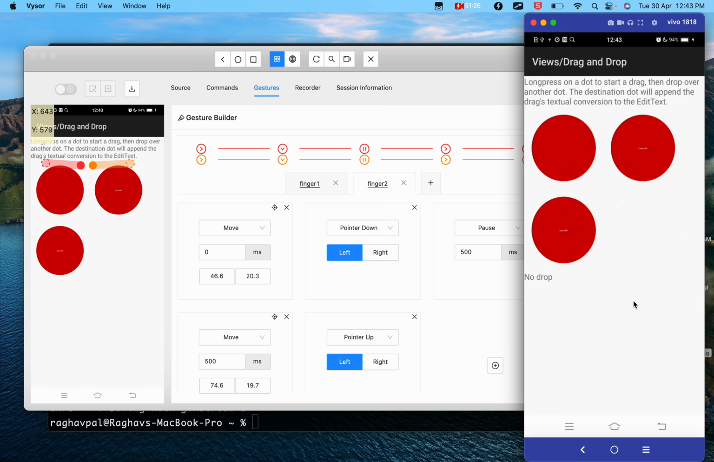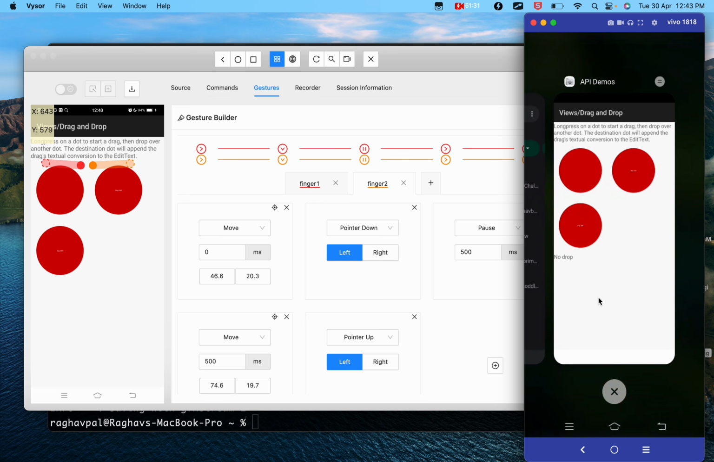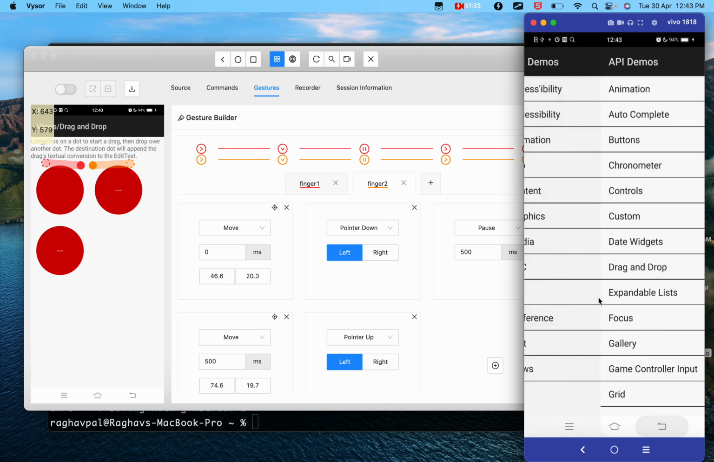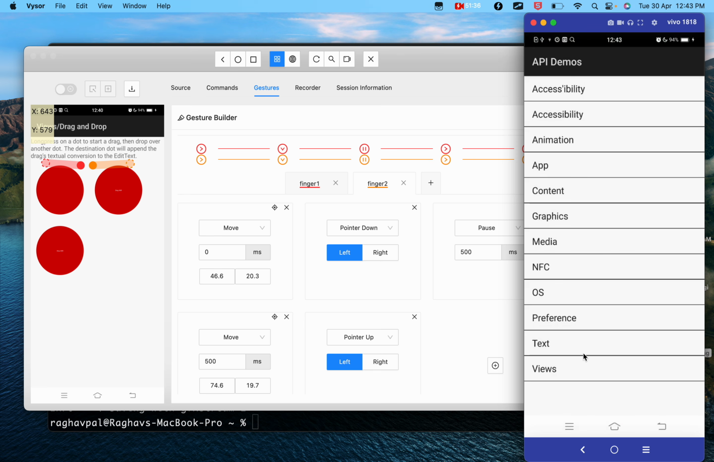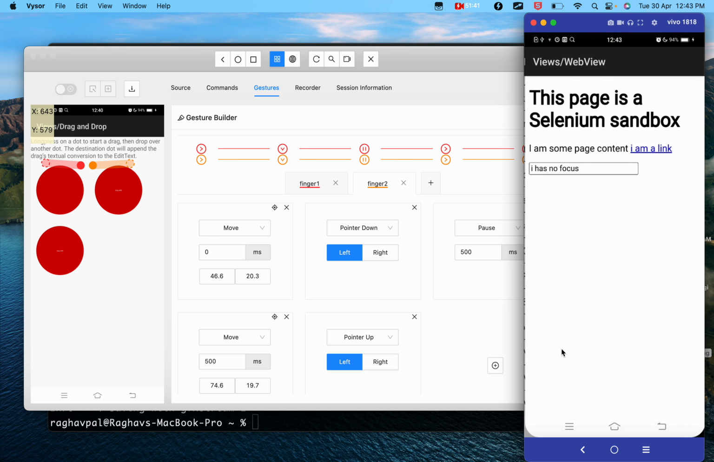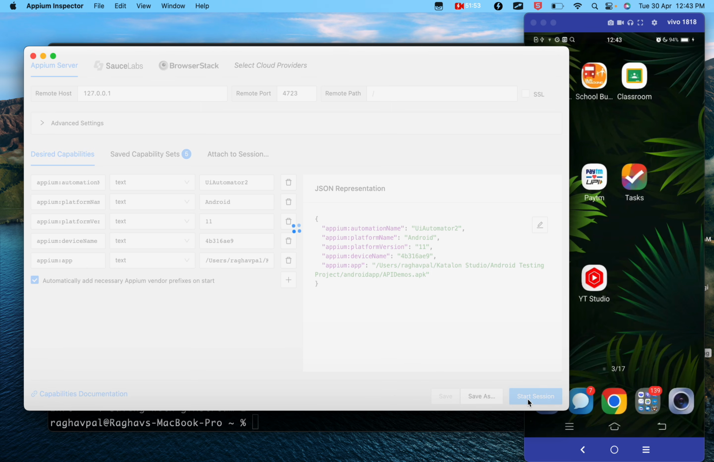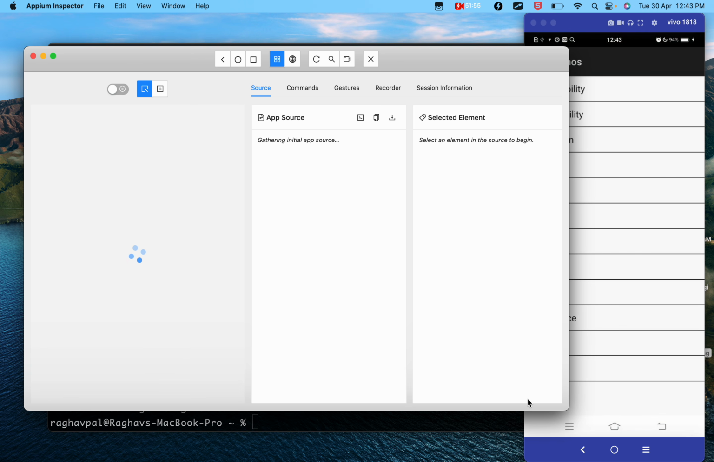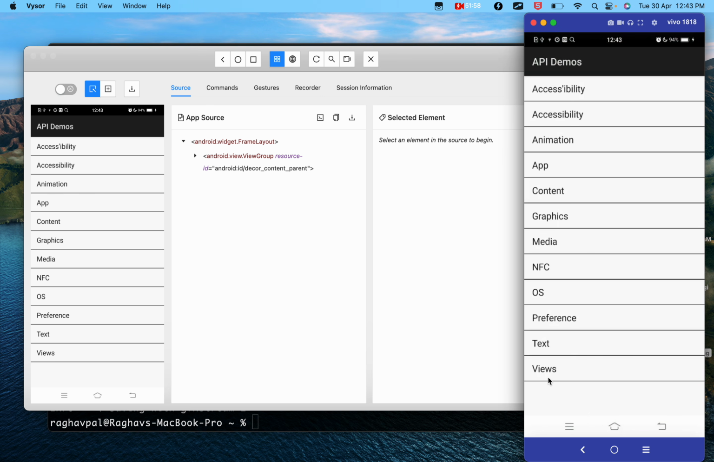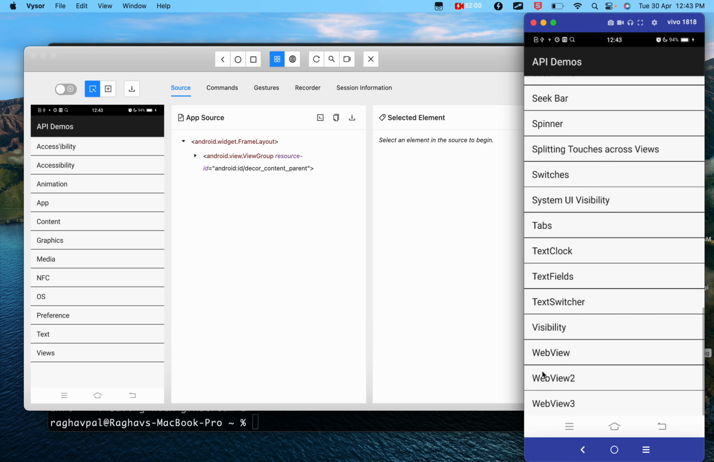And if I have to show you this in action on this particular application, if you go to, I think, views, and scroll down and go to web view, yes, I think on this page we should be able to do this action, zoom in, zoom out. So let me just connect it again, and I will first manually go to this views, web view,